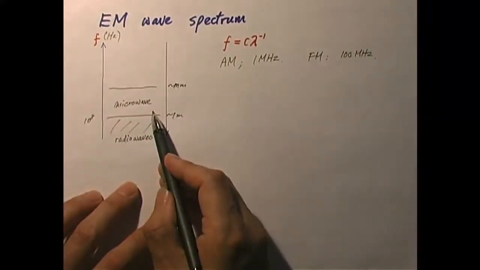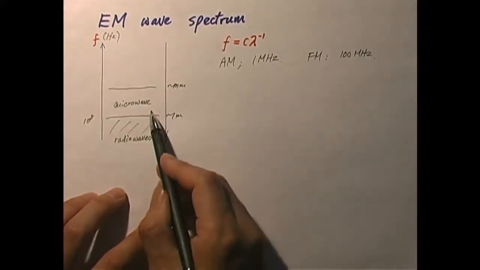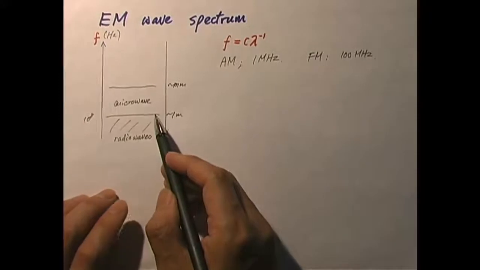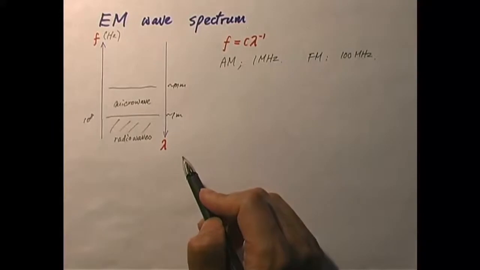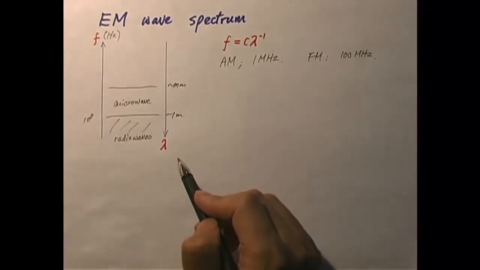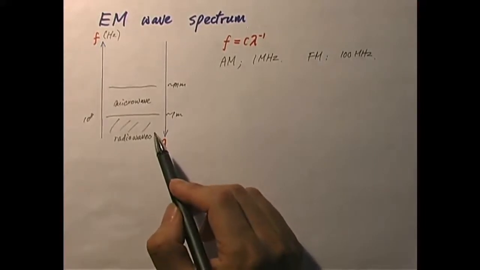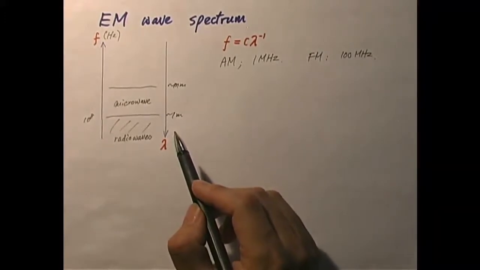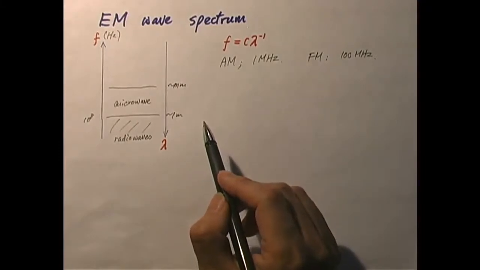The reason microwaves can be used to build a microwave oven is that microwaves cause water molecules to resonate. So water can easily absorb energy from the microwave, and that's how you heat up the food, because of the water content of the food. Also, since microwaves have higher frequency than radio waves, they carry signal at a denser rate, and therefore they can be used for television broadcasting, which requires a visual signal instead of just an audio signal for radios. And going up from that, you will get into